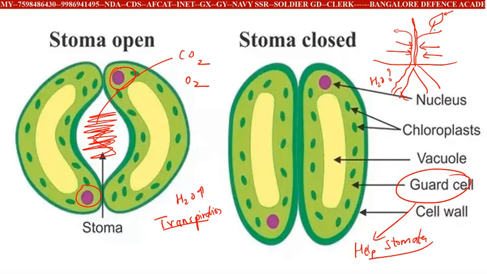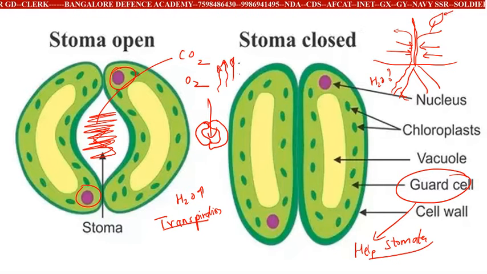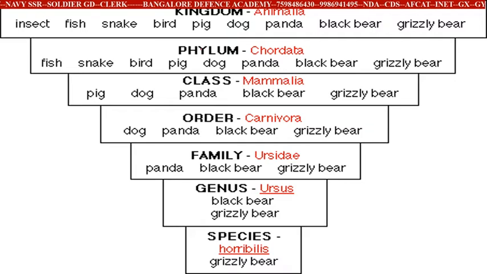So here is what happens in the stomata. Suppose I draw this stomata here like this. In this opening, when the water vapors are going out, the pressure changes. Due to this pressure difference, the water is going to be pulled up to the leaf. So whatever water is there inside the root will try to come out. This is what is happening inside this plant.